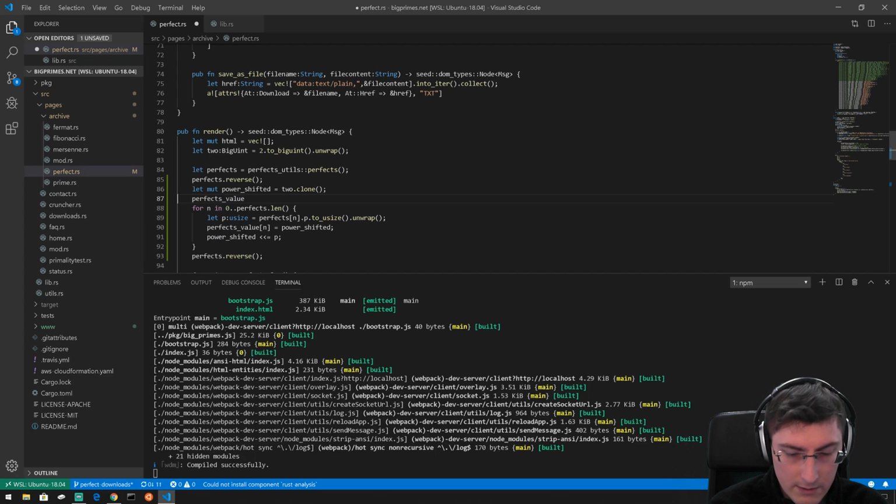Let perfect value or vector, right? Literally none of those keys are right. That's what I wanted. Peak was used side, perfect value, power shifted, and we need to set the